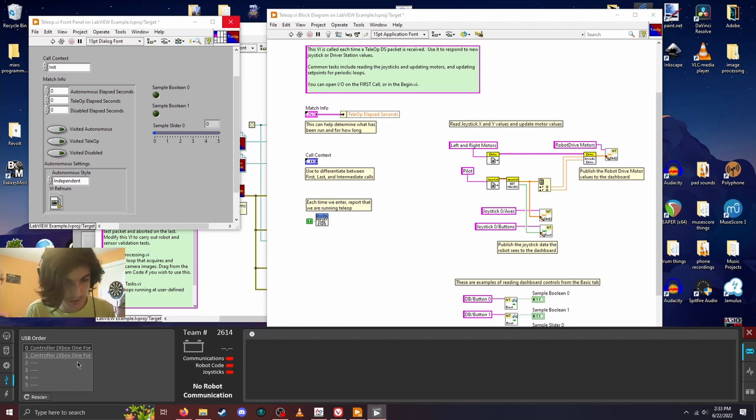But if you look in the controller here, so you see if I have a USB plugged in here, you can see if I move around the controllers, you'll see those little green lights moving all around. So the axes are essentially the parts of the controller where you can